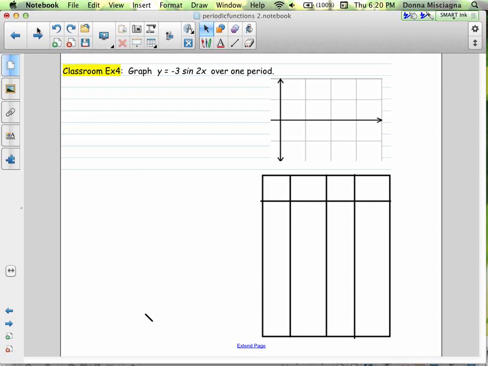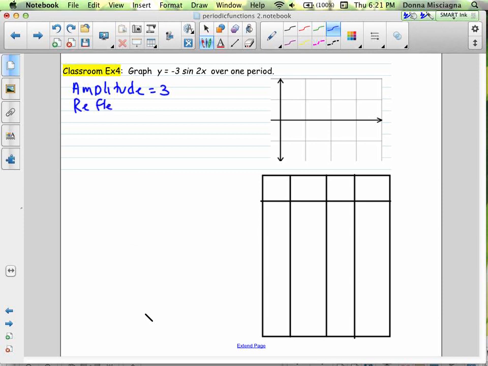All right, so let's graph. Now we have y equals negative 3 sine 2x. We're going to graph one period. The amplitude is 3, and again we have a reflection, so we're going to reflect over the x-axis. The period,